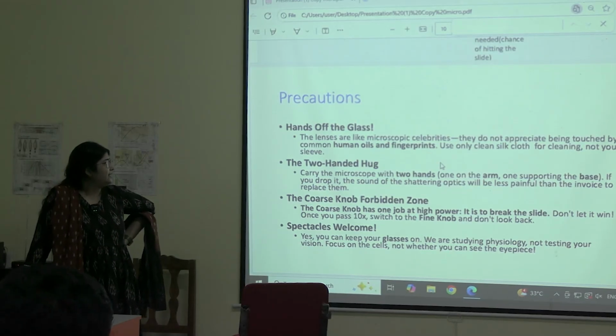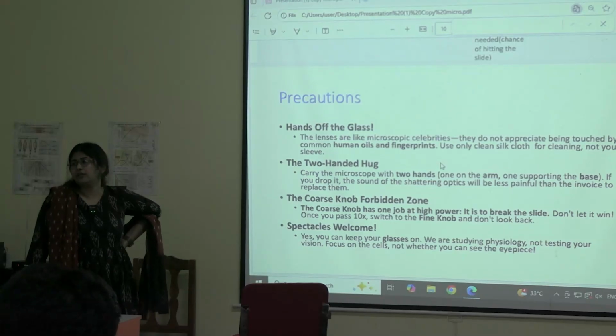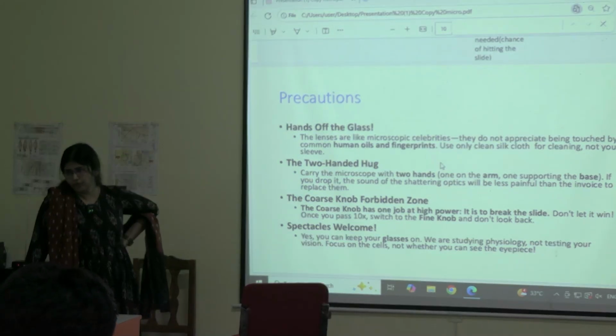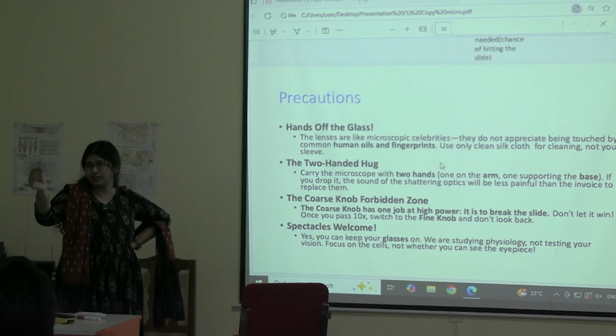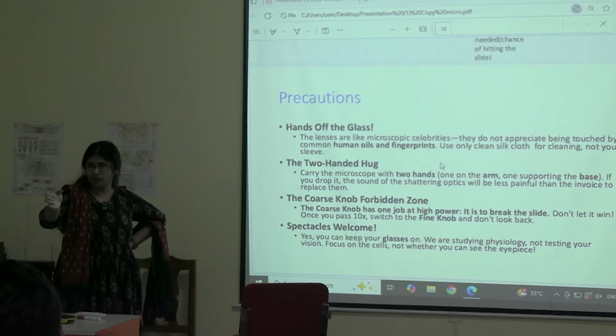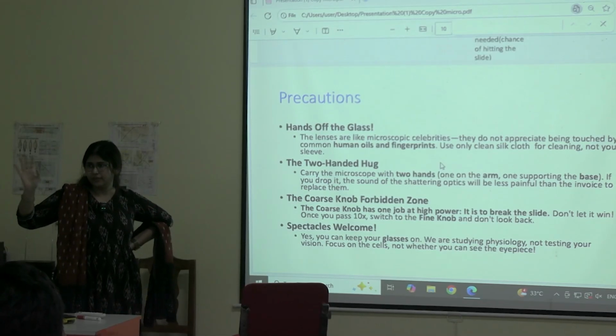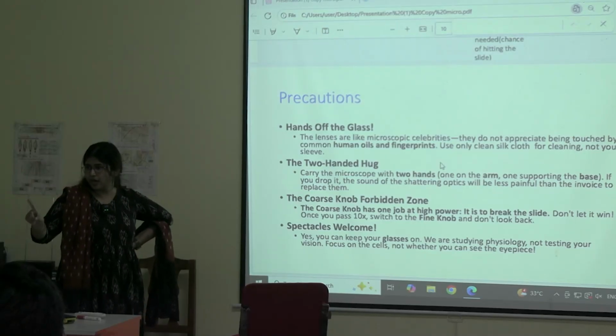Use only a clean silk cloth for cleaning, not your sleeve. Bring your silk cloth. I'm sure almost all of you wear spectacles. Those who don't, I hope you have friends who do. They will have this silk cloth for cleaning their spectacles. Cut it, take one for yourself, give the other to them. Bring your own silk cloth. Any doubt you have, you ask me.